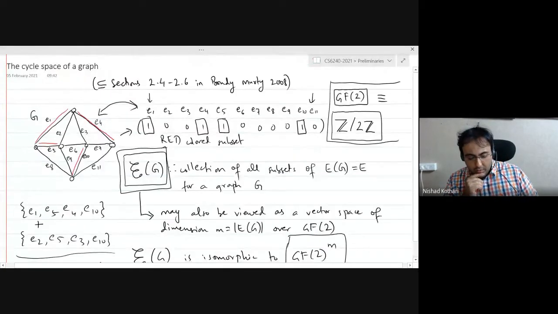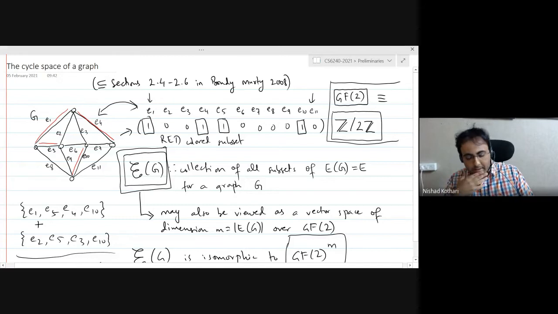But now this is not giving us any information about the graph really, right? What we want to do is see if the structure of the graph can suggest some natural subspaces of this vector space. And if we can extract some nice graph theoretical information by thinking about these vector spaces, can we somehow impose an algebraic structure on the graph to get a deeper understanding of certain aspects of the graph, let's say.